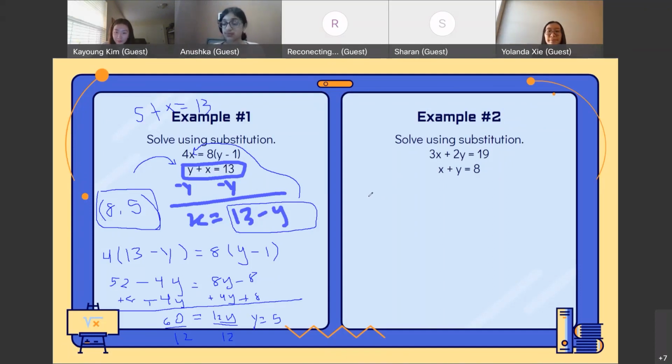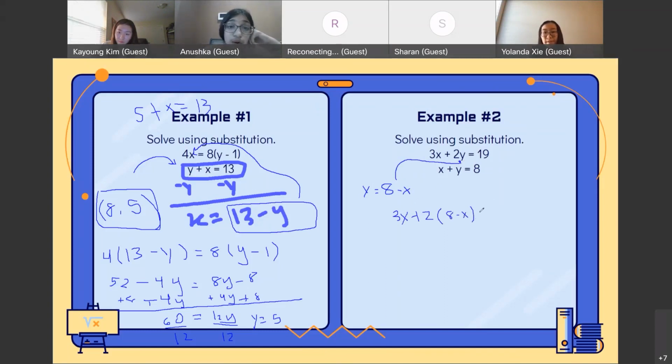Y equals 8 minus x. Yeah, that's perfect. So you just subtracted x from both sides, and now you have y isolated. So you can simply replace y in the top equation with 8 minus x. Yeah, great job. So let's do that. So 3x plus 2y equals 19. So we're going to write 3x plus 2 times 8 minus x, because that's the same thing as y,